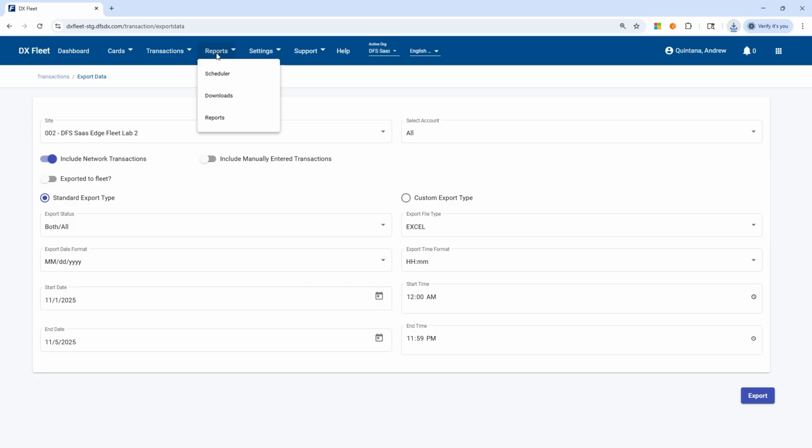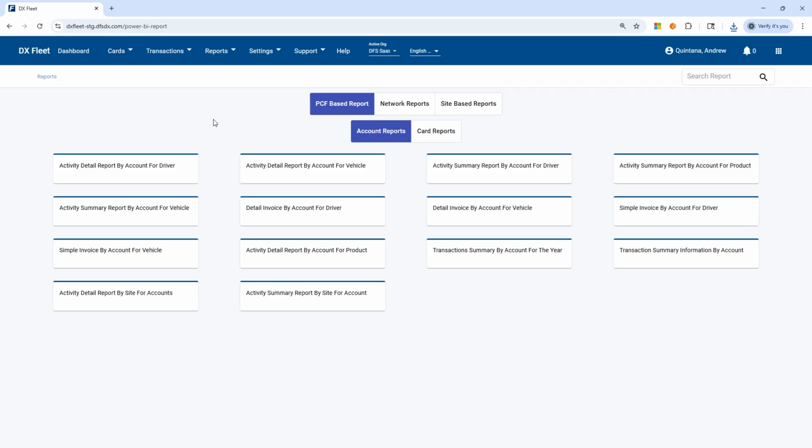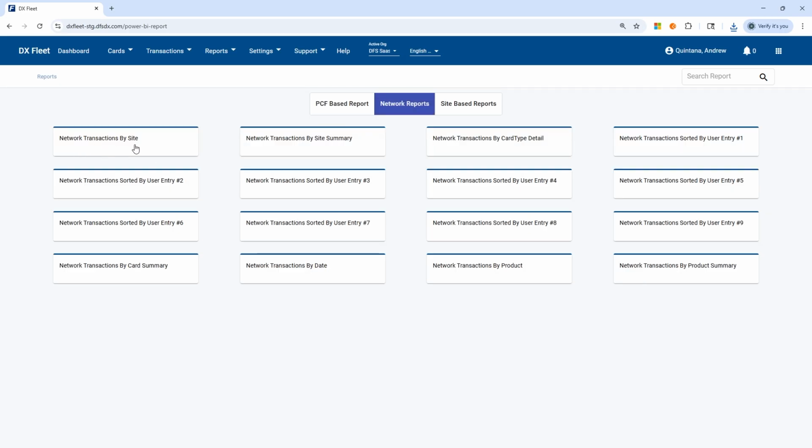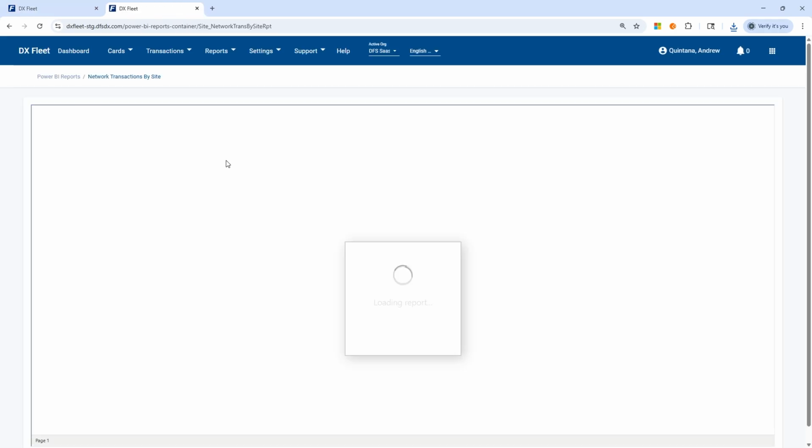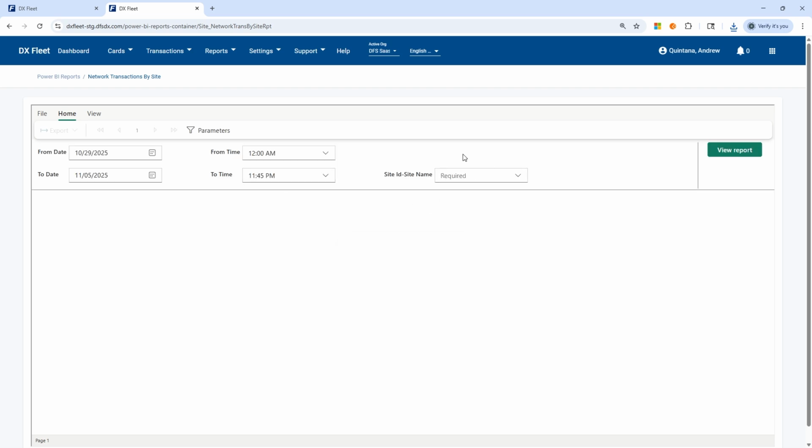Now let's generate the data in DXFleet on a report. So we go to report and then reports down here. Now you just need to select the type of report that you would like to run. In this case, I'm just going to run a simple network transaction by site report. Every report's going to have a different filter: by site, by account, by driver, or vehicle. So just keep in mind that the filter on the report is going to be based on the type of